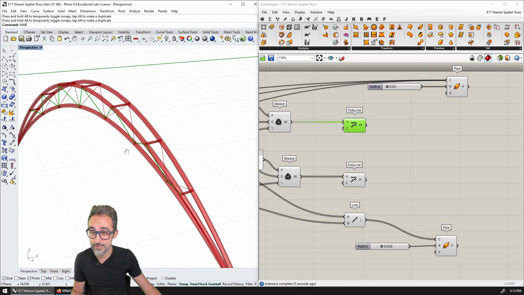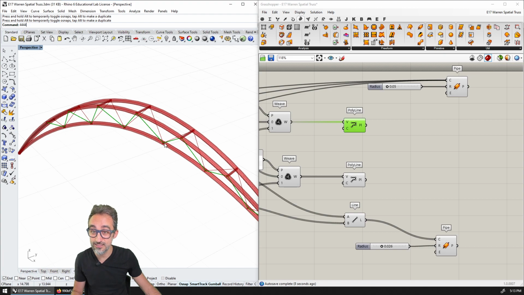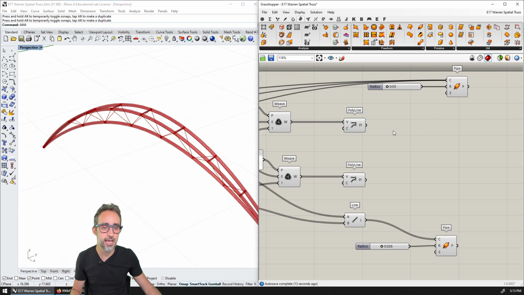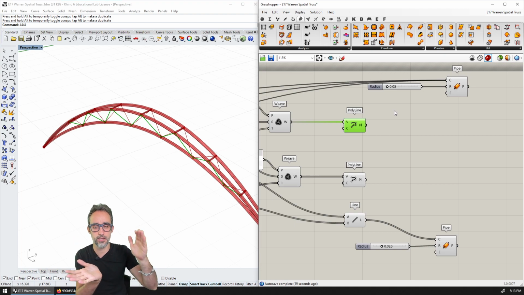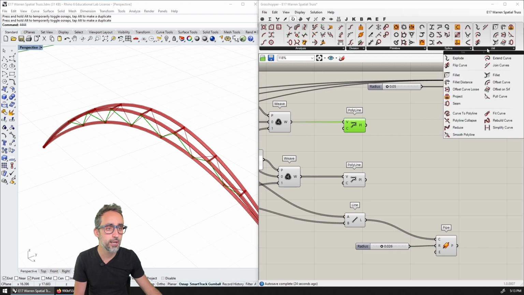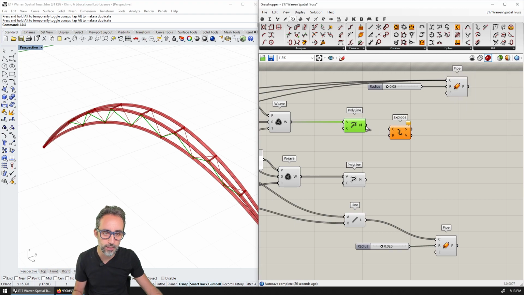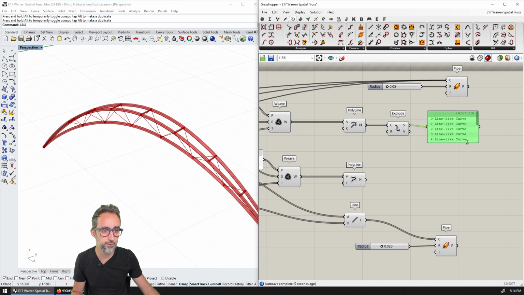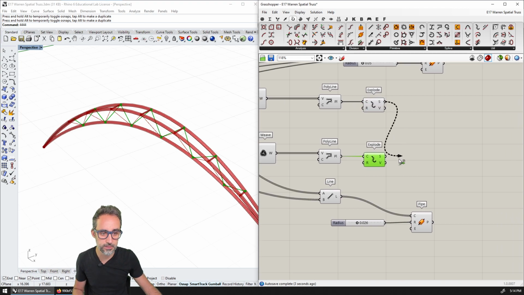And then for the polylines, because they have angles, and if I do pipes, the angle of the pipes are going to overlap with the other ones, I'm going to actually explode these polylines into single segments so that the pipes have a clear start and a clear end. So I'm going to go to utilities, I'm going to go to explode, and as I do explode, you can see that the result is that for this polyline, I have a bunch of line-like curves, and for this one, I have the same.